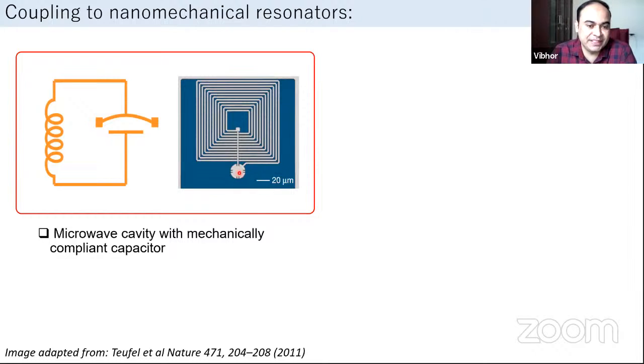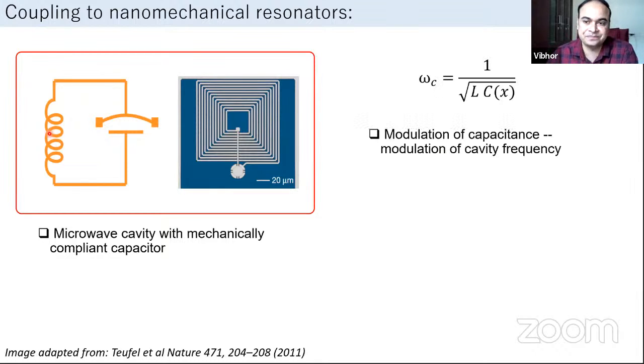Okay, so what you see in this picture, there is this disc-shaped object, which is a parallel plate capacitor, and the top plate of this capacitor is free to vibrate. Okay, it is shunted by a big inductor, which is in this meander form, and thus you form an LC circuit. Okay, so you can design the frequency of this LC circuit in the microwave domain, and as this capacitor vibrates, the mechanical resonator vibrates, there will be a shift in the cavity frequency, which can be used to have these two modes coupled together, one electrical and one mechanical.